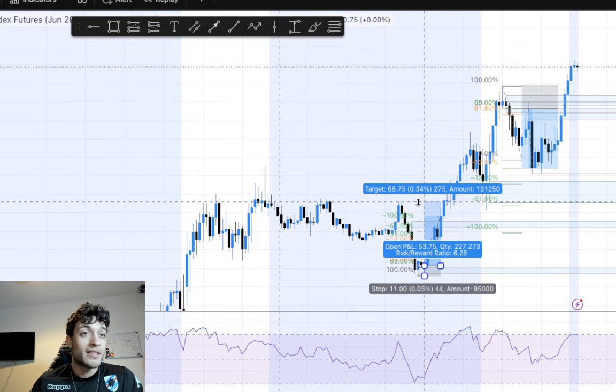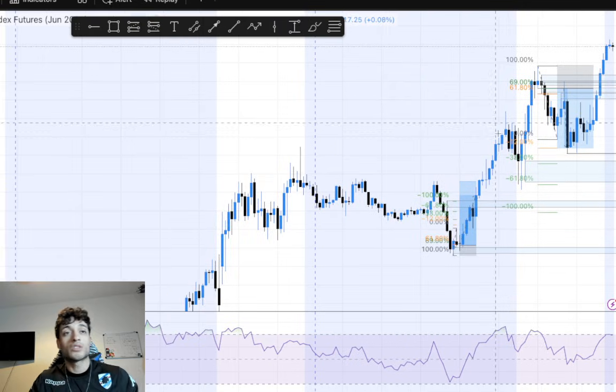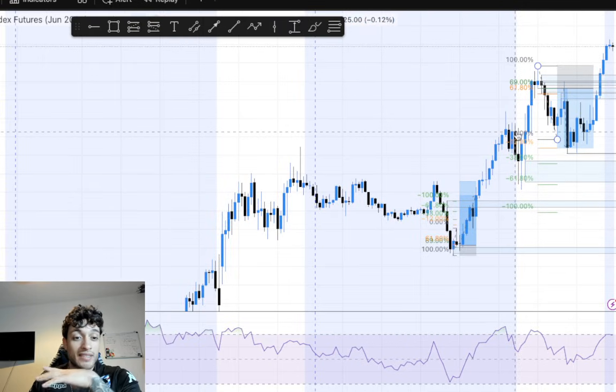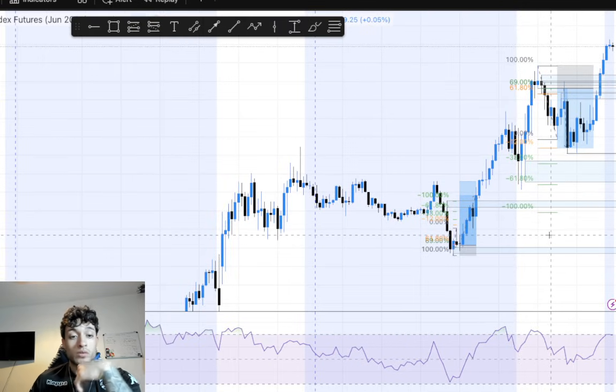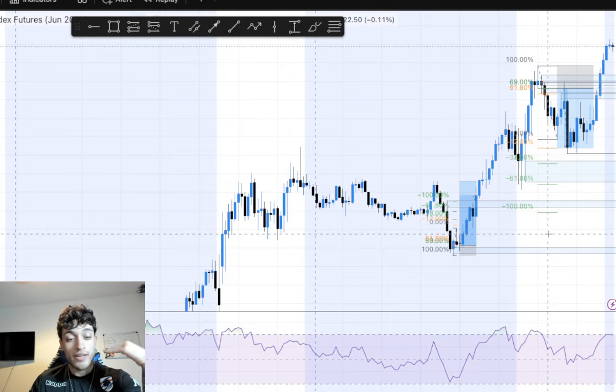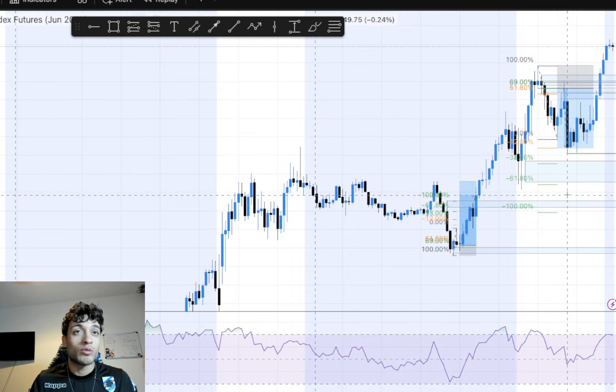Like I told you guys, even if I went all the way here, that's a 1 to 6 risk to reward ratio. With this kind of strategy, I'm always looking for a reversal, and I'm always taking an entry at this 60% retracement, which is basically, as you can look at it, a 60% discount. So these prices are always really discounted, so I'm always going to have a high risk to reward ratio, and then the win rate will depend on what the market provides to us, right? But in the long run, we should always be profitable.